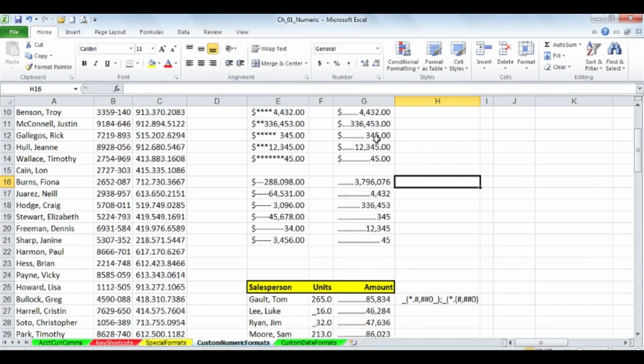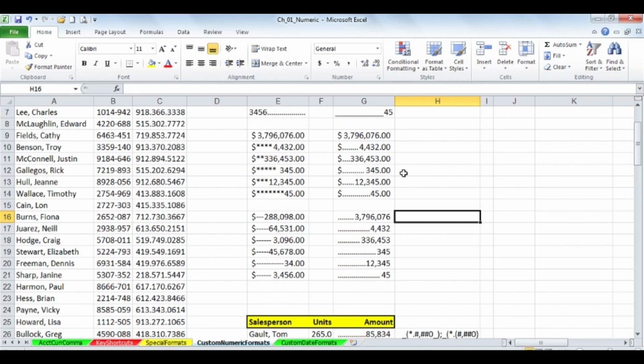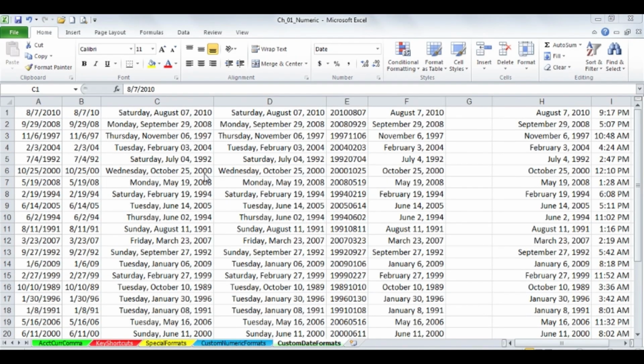So you may or may not need to experiment with some of these, but just by seeing a few examples, you will get some ideas. If you have greater interest in this, there are a number of different books, the Excel in-depth books, that usually have 8 or 10 pages on various kinds of custom formats that you might be interested in. In addition to all the built-in formats for dates and times, you might want to display the date and time